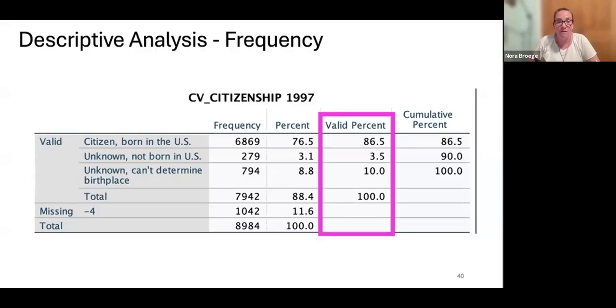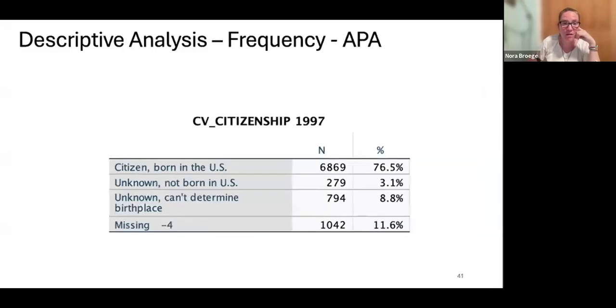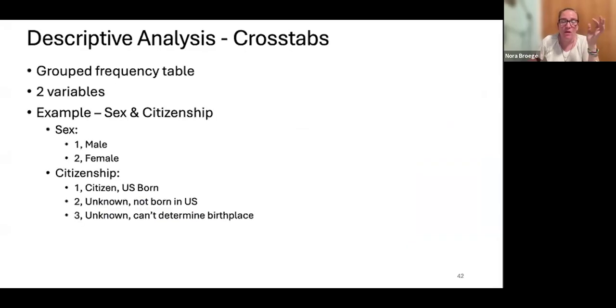Okay, so the valid percent is what you would then report in a table if you were describing your data. You would not say that you have citizenship data on 8,984 people. You would say you had it on that 7,942 number, because that's actually the number of people who have valid information that you can then use to analyze. Okay. So here's the missing here, just a smaller table. Okay, so